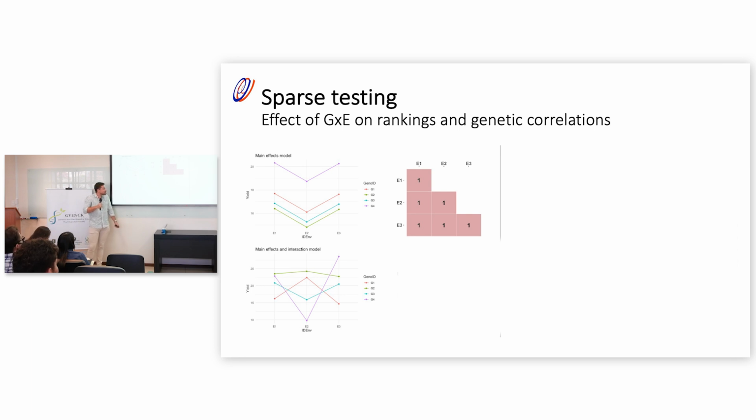It's like there's no selection here. This problem becomes trivial because once you have seen a line once in one environment, you know how it's going to behave in the others because the rankings are not going to change. Then why bother? But reality is more like this. We have crosses. We have changes in rankings.